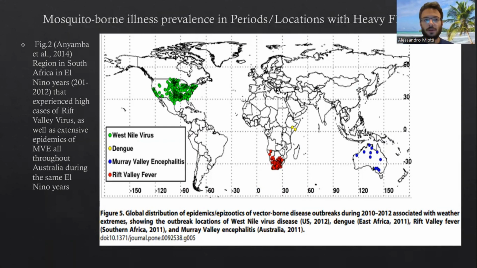So this paper here by Anyaba et al. was actually a study on El Nino years, and El Nino years are years in which the weather tends to be much wetter and cooler. El Nino years are seen to be becoming more prevalent throughout the years due to climate change and whatnot. So it's something definitely to be on the lookout for.